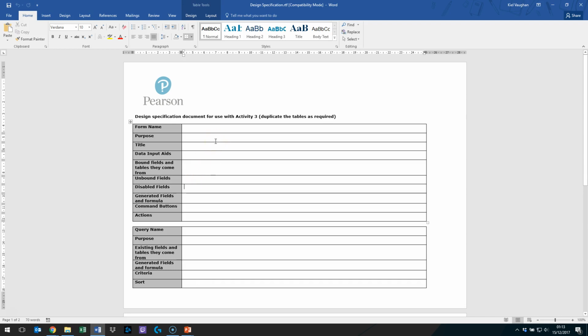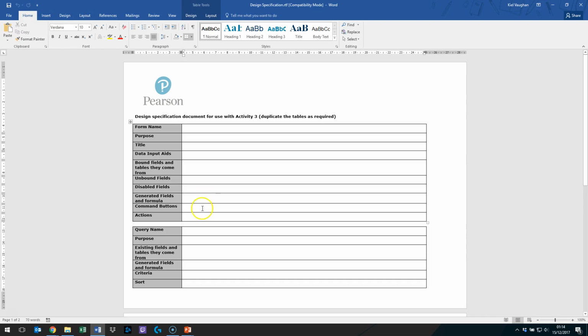Disabled fields, such as primary keys, so that the user cannot adjust the value of an AutoNumber or delete them. Generated fields and formulas. We haven't got anything in our form specifically that covers this criteria, but think of it as like a calculated value that will be generated for the user to read, or maybe the generated value will be inputted into the database. So in the instance of our database, perhaps if we had a ticket input form, you might have the base value of the ticket, and then you might have a VAT calculation where it adds 20% to the total